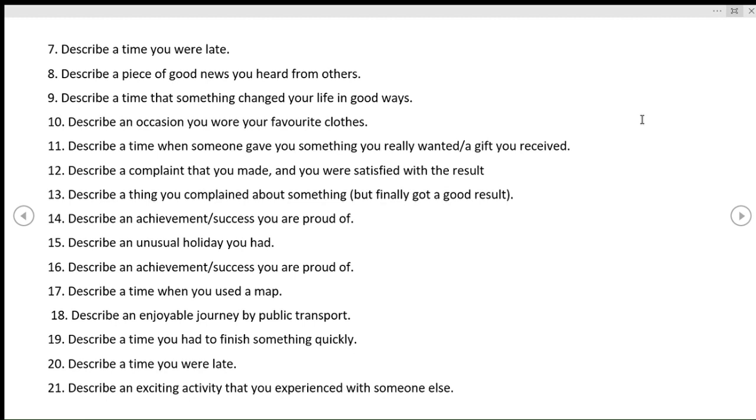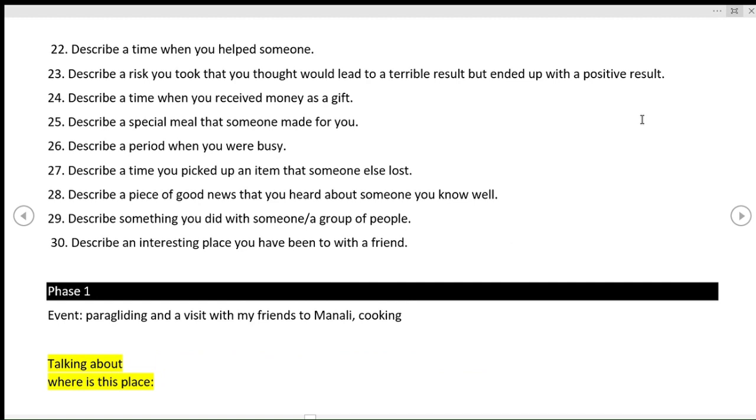a time when someone gave you something that you really wanted, a complaint that you made and you were satisfied with the result, a time you complained about something and you finally got a good result, an achievement or success you are proud of, an unusual holiday you had, a time when you used a map, an enjoyable journey by public transportation, a time you had to finish something quickly, a time you were late,